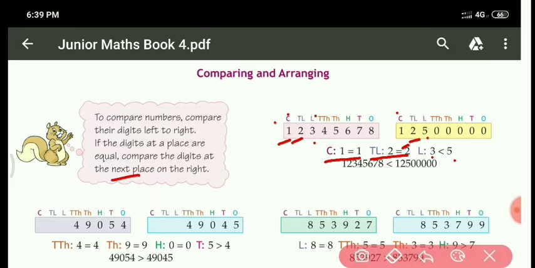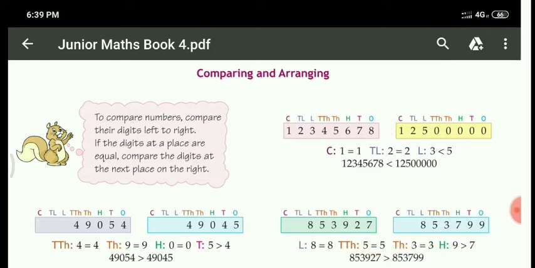Okay. So this one side is coming more. So which number will be more? 1 crore 25 lakh. And which side will we make the sign? The right side only. Okay. Next example also you can see.